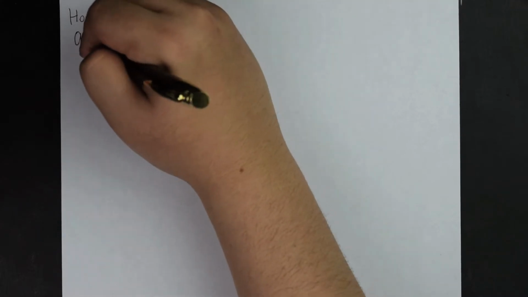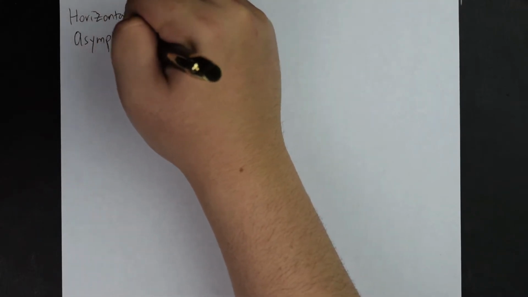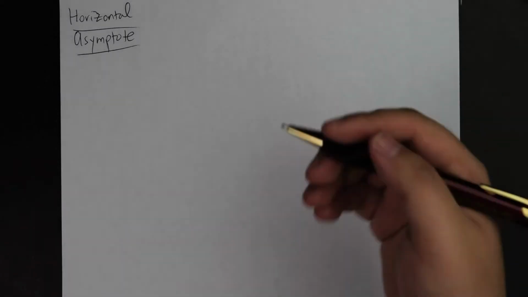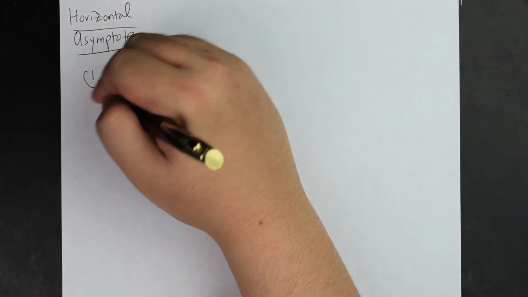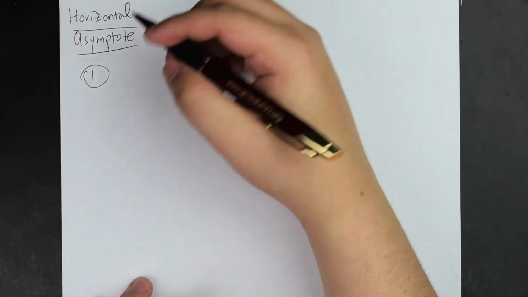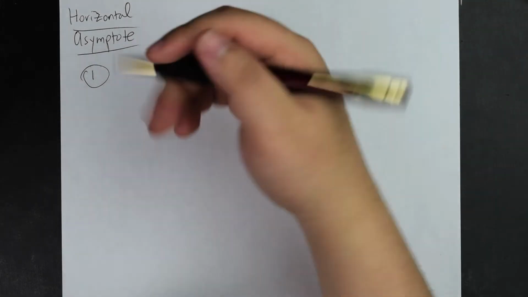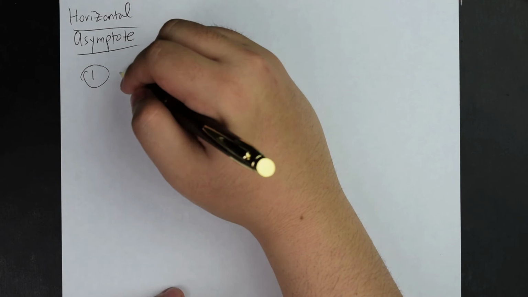Horizontal asymptote. And in order to do horizontal asymptotes, there are actually three rules that do exist, and each of them have their different ways in order to exist, dependent on the type of question you're dealing with. So the first rule is this, okay? I will explain more in depth using examples of a problem, but when